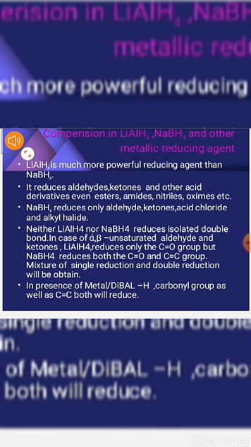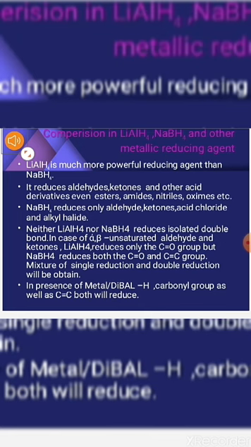The carbonyl double bond can be reduced by sodium borohydride. An isolated double bond cannot be reduced by either agent. But if there is a double bond present in the aldehyde or ketone, lithium aluminum hydride can't reduce it. But sodium borohydride can reduce a double bond present with a carbonyl compound. But there is a percentage. Sometimes it can reduce, sometimes it cannot reduce. It means we'll get a mixture of unsaturated alcohol and saturated alcohol.